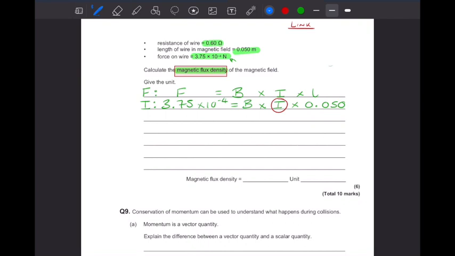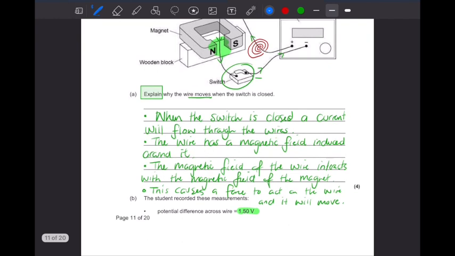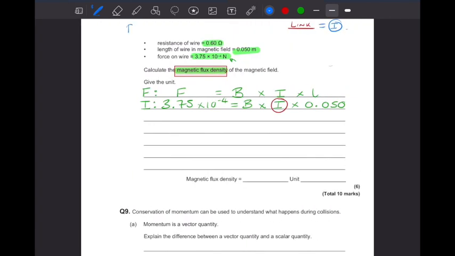So we have to think about what we've got. We want a current, all right? So we're trying to find the current. So we can think about what we've got. We've got resistance, we've got length, we've got force, and we have got potential difference. I'm just going to write these here. So I've got a potential difference, I've got a resistance, I've got a length, and I've got a force. So I'm looking for something that can have current with any of these two values, because they're the ones I know. So let's go to our data sheet